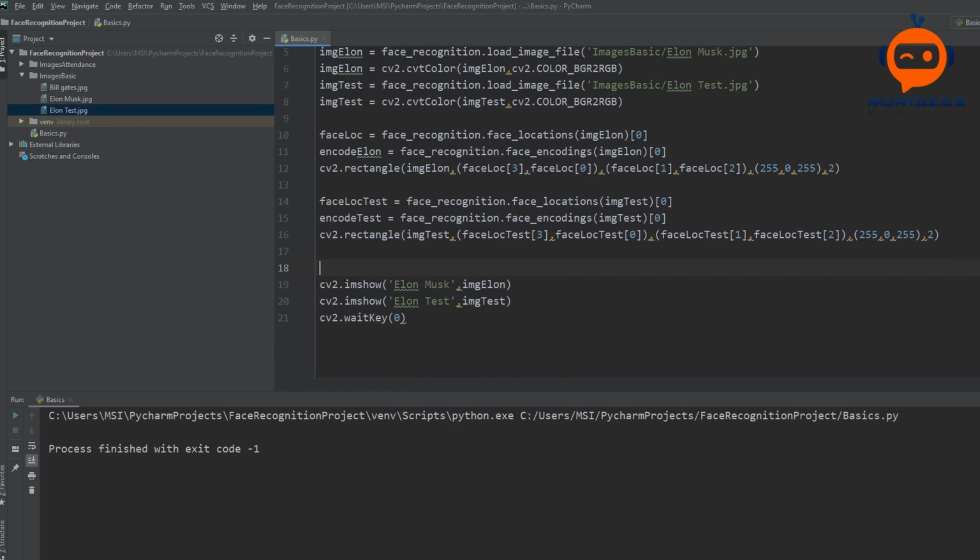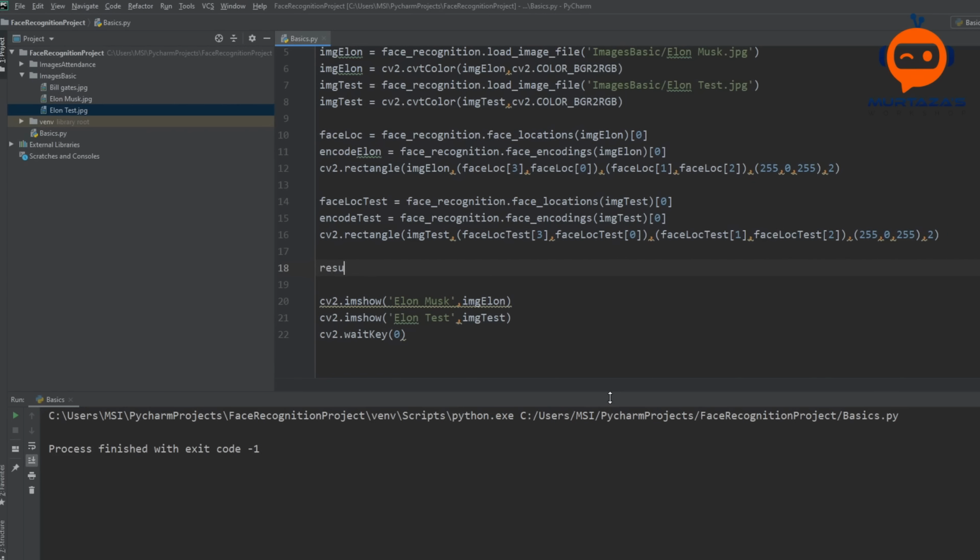Now so far we have done 2 steps. Now we are moving on to the third and the final step. The third step is basically comparing these faces and finding the distance between them. So as I have mentioned before, we are getting the encodings, so the encoding for Elon and the encoding for the test image, and then we are going to compare these encodings. So these are 128 measurements of both the faces, and what we will use at the backend is the linear SVM to find out whether they match or not.